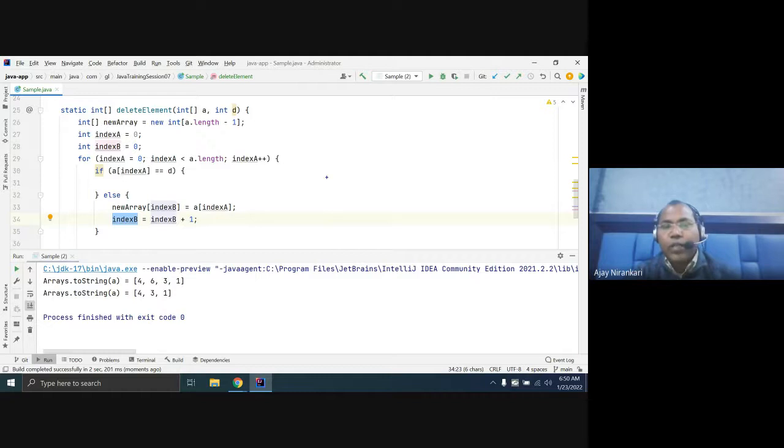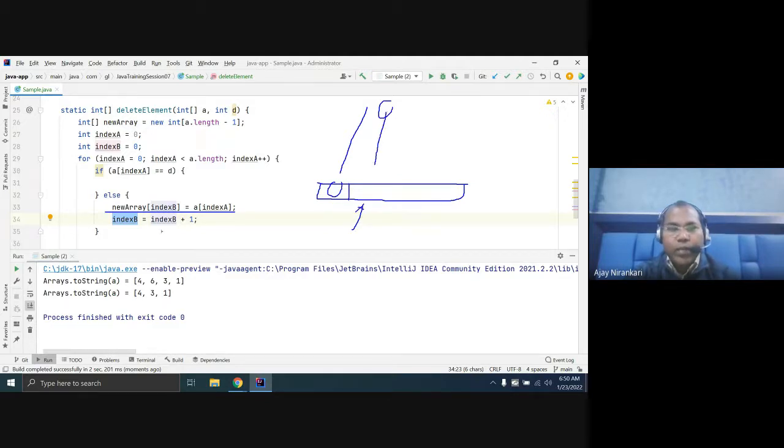The reason is that whenever you put a value from the source into your new array, the next time you get a new element, you have to place it in the next position.